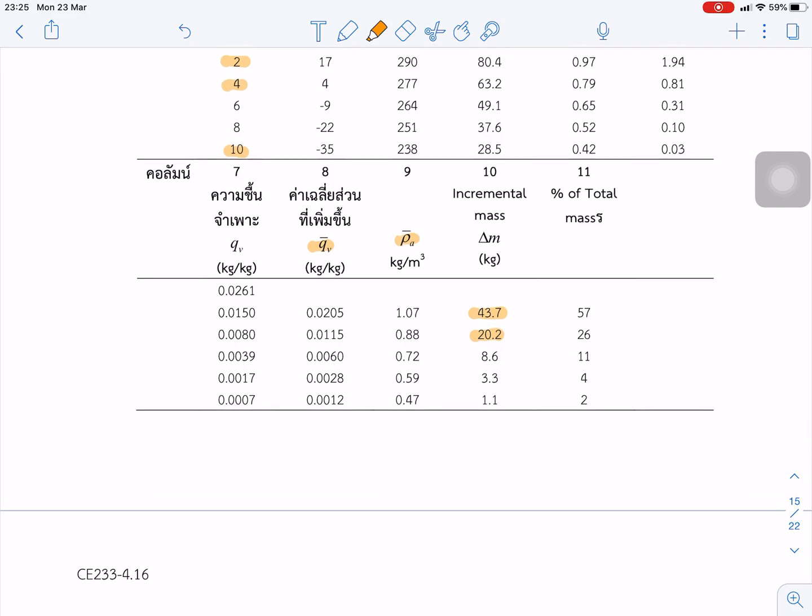If we want to check the percent of the total mass, we can see that in the first layer, 2 kilometers above the surface, the maximum amount of the precipitable water is 57